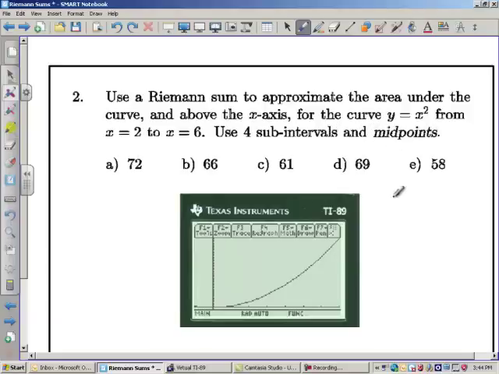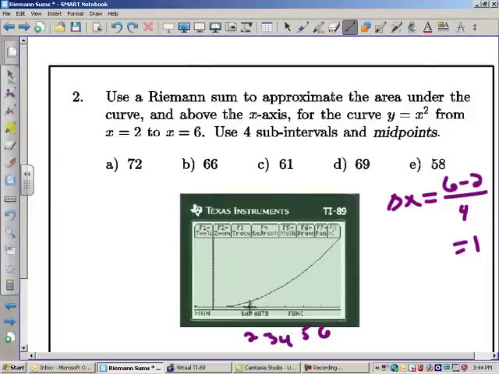First thing we're going to do is do our delta x. Our delta x is b minus a over the number of rectangles. So that just works out to be 1. So we're going to go from 2 to 6 going by ones. So I'm going to go 2, 3, 4, 5, 6. I'm just going to use those. Alright, so let's go up here to the curve at 2, at 3, at 4,